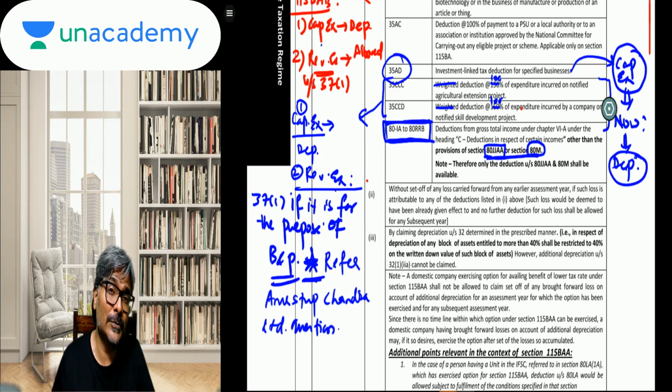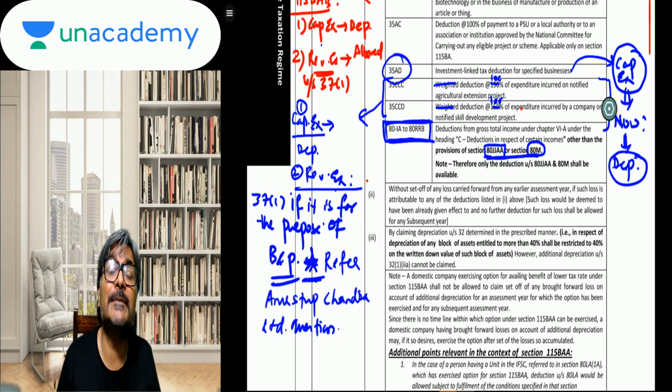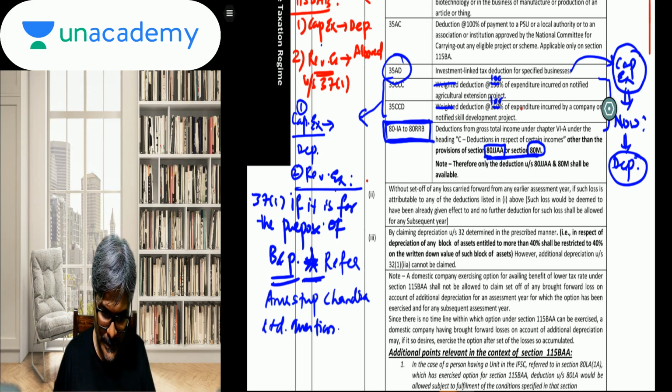Why? Because, students, if you see the cooperative society, which is going to come up next, and for an individual under the alternate tax regime, there you will find that the entire Chapter VI-A is eliminated. Entire Chapter VI-A, students, is eliminated. That is what you are going to find over there. We shall consider it and I'll let you know. So that is also one of the points.